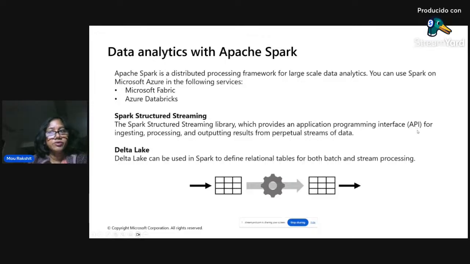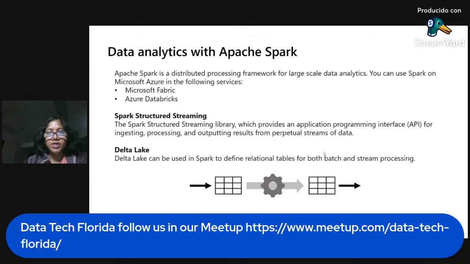Whenever we are connecting to any system to get data or send data, it's all about APIs. Structured Streaming has a lot of APIs that you can use to ingest the data, process the data, write the data, and output the data into a streaming table or your Delta table. So Spark Streaming is the API for processing.